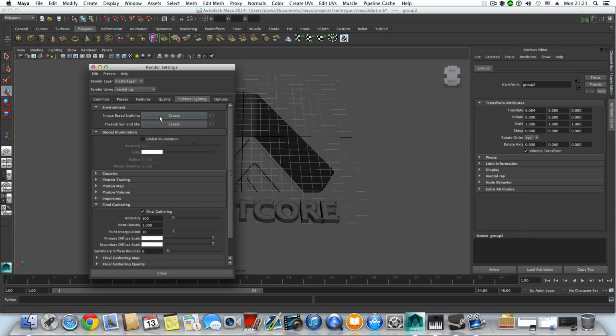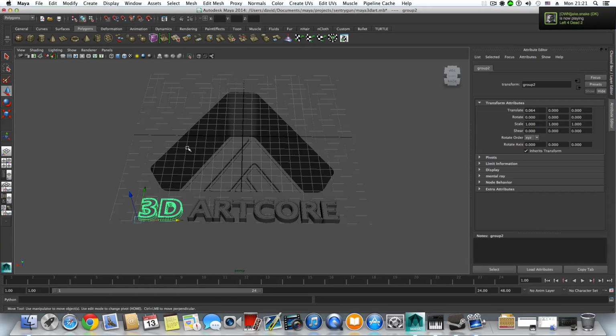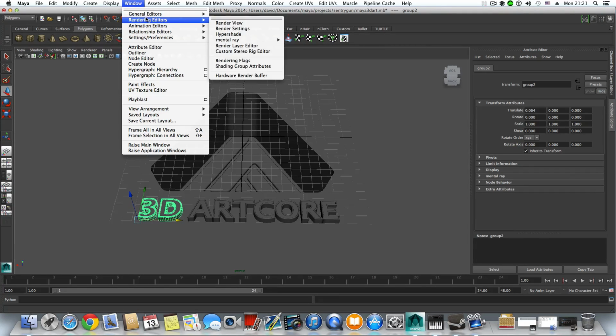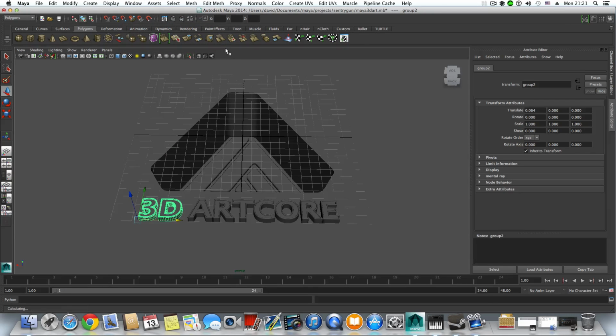Of course, under their own policy. So image-based lighting, right now we ain't gonna touch it. We just want all the other stuff to be applied, and we can start and create our shader. So go over Window, Rendering Editor, Hypershade,